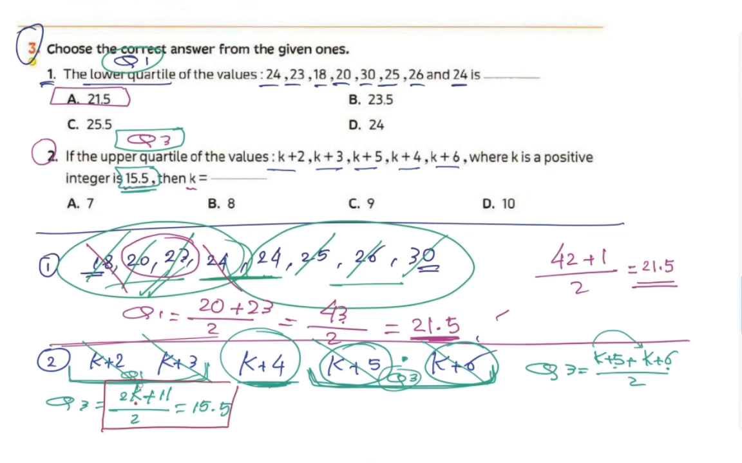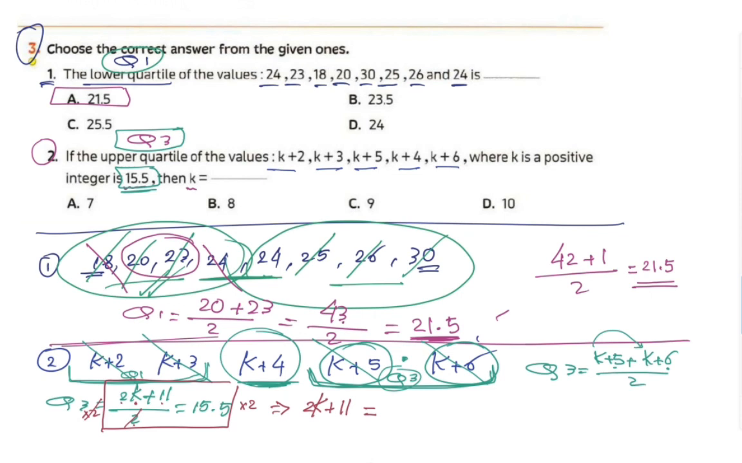So I need K alone on the left side. First, I need to get rid of this 2. Then send 11 to the other side. Then divide by 2 to find the value of K. Follow with me step by step. First I will multiply both sides by 2, so this 2 will cancel this 2. On the left side I just have 2K plus 11 equal